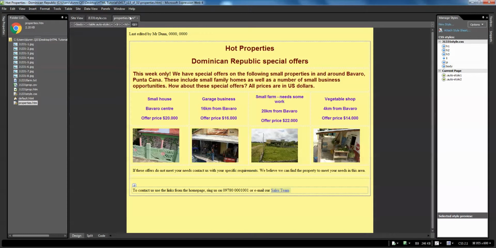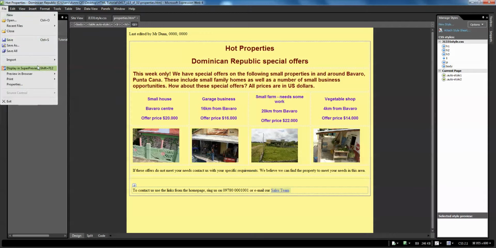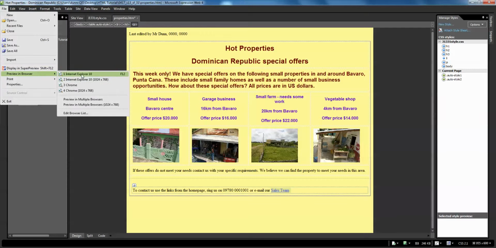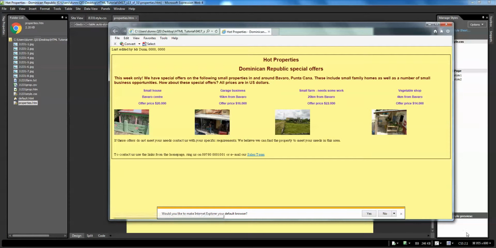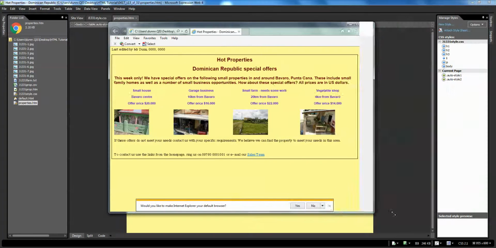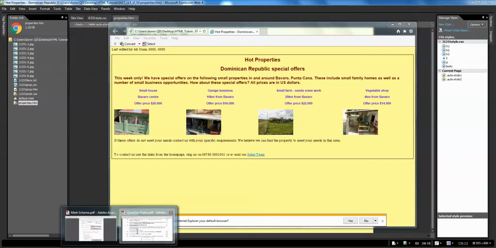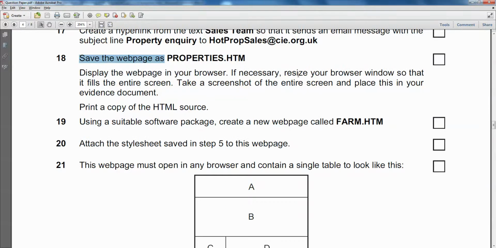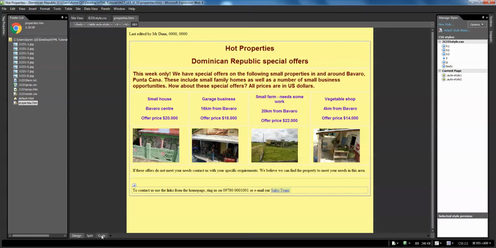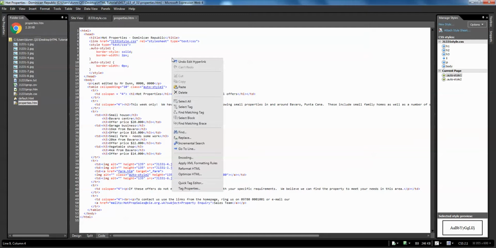When you're ready to preview that, you can either hit F12 on your keyboard or go File, Preview in Browser. Resize until you're happy with it and take a screenshot. Okay. Question asks for a screenshot, also the HTML source code. So you can either print straight from your code,